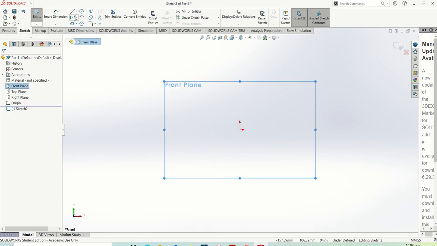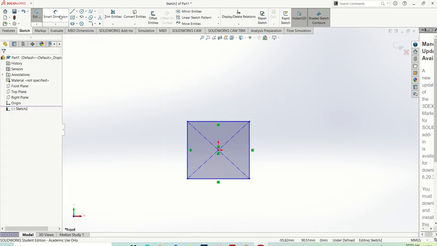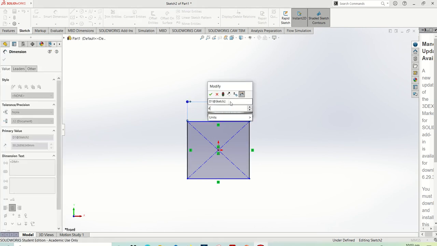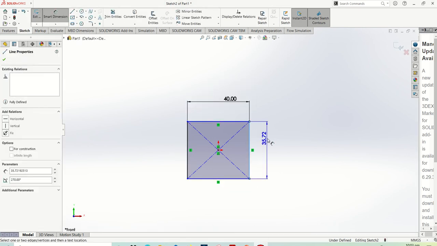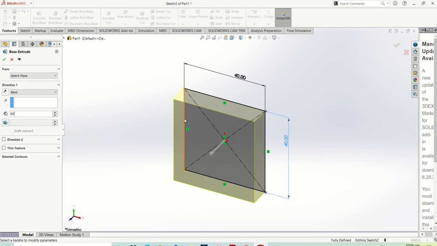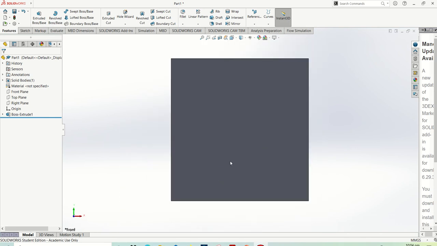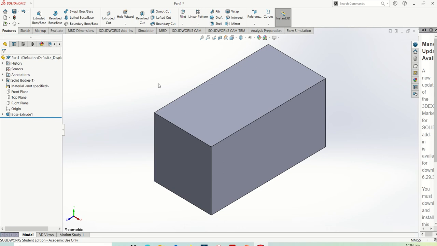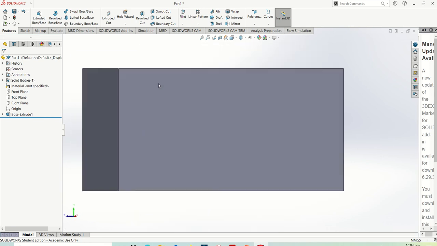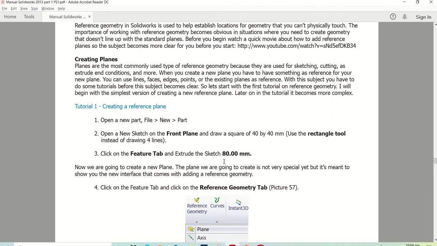So sketch and make a rectangle, no, a square that is 40 by 40 and extrude it to 80 mm. Okay, this one, yes. Okay, so after doing that,